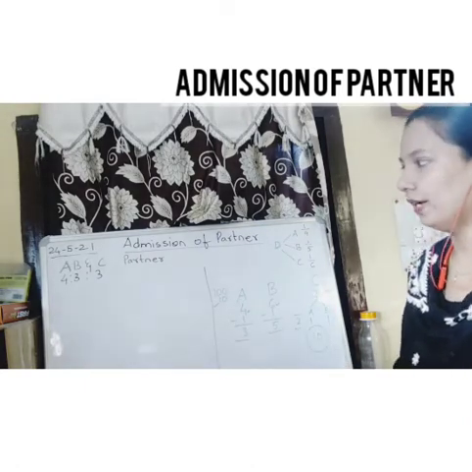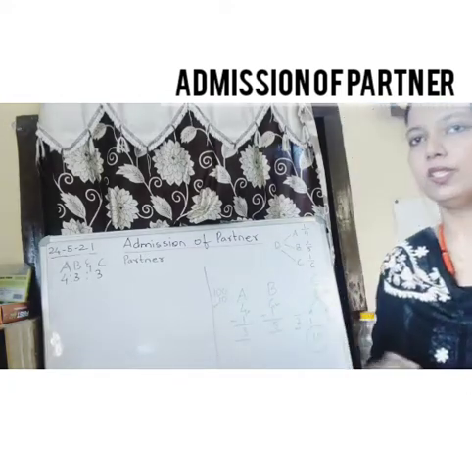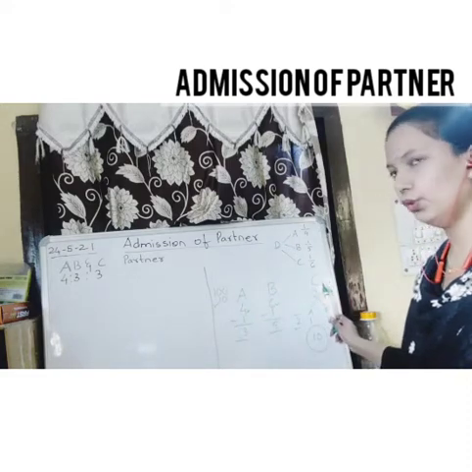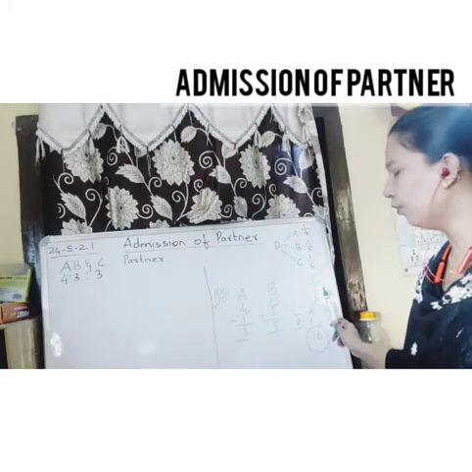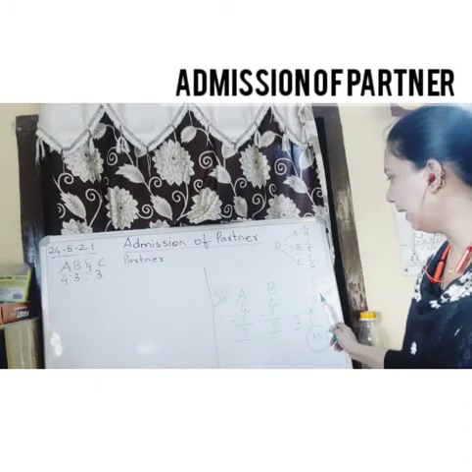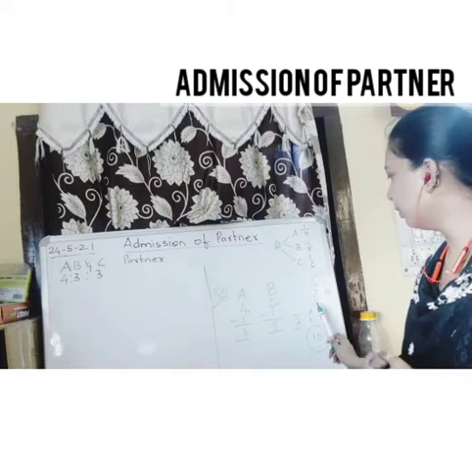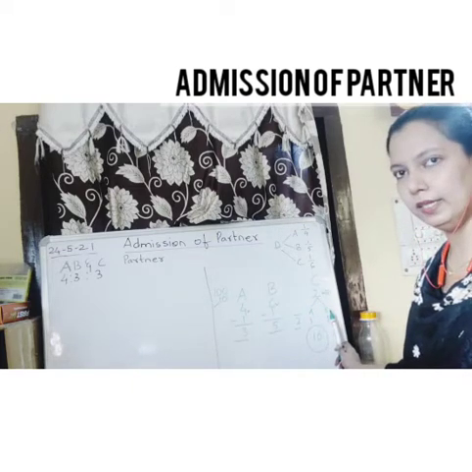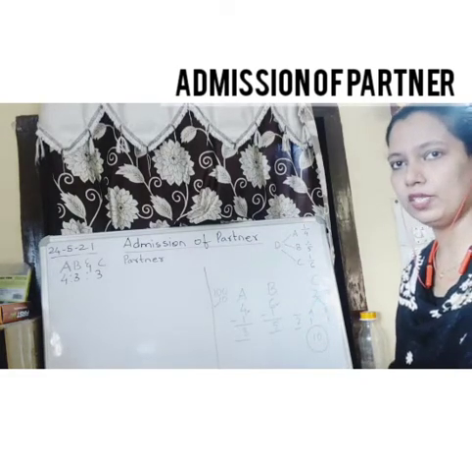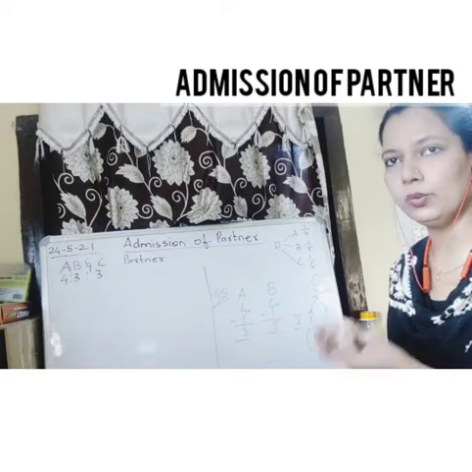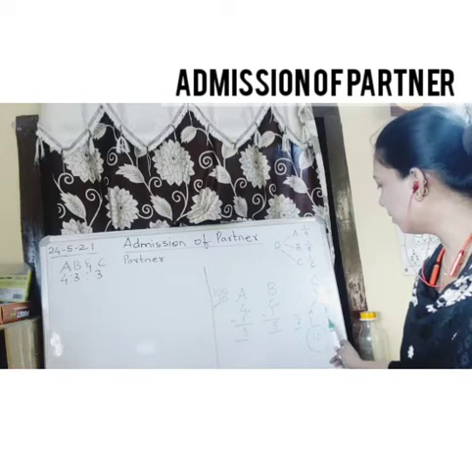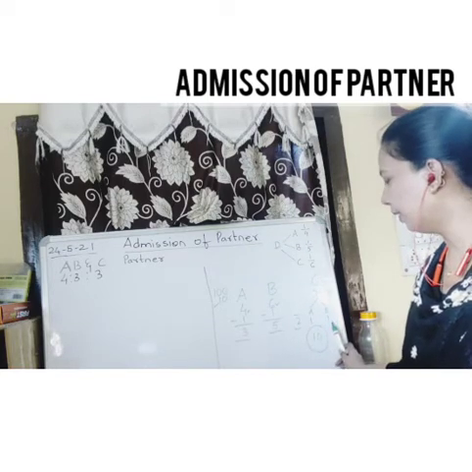This is the pure format which we are going to follow in this whole chapter, where there will be old partners and new partners. The amount of profit which is supposed to be given to C will be given in the question, and that needs to be distributed from A or B, or together. Here I have taken it equally because I suppose that they are supposed to contribute equally in the profit that needs to be given to C, and that's why I distributed 1 and 1 to A and B.